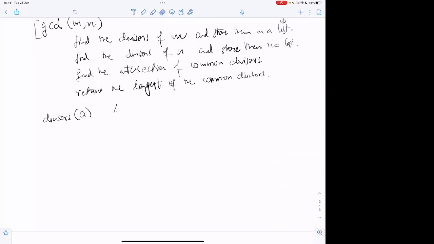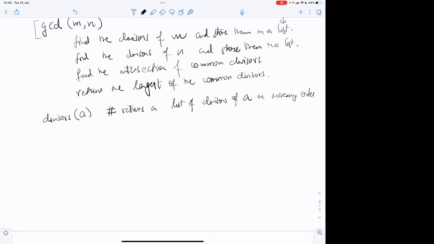I'm writing comments like this, preceded by a hash. That's how you write them in Python, though we are just writing pseudocode. So divisors of a returns a list of divisors of a in increasing order.